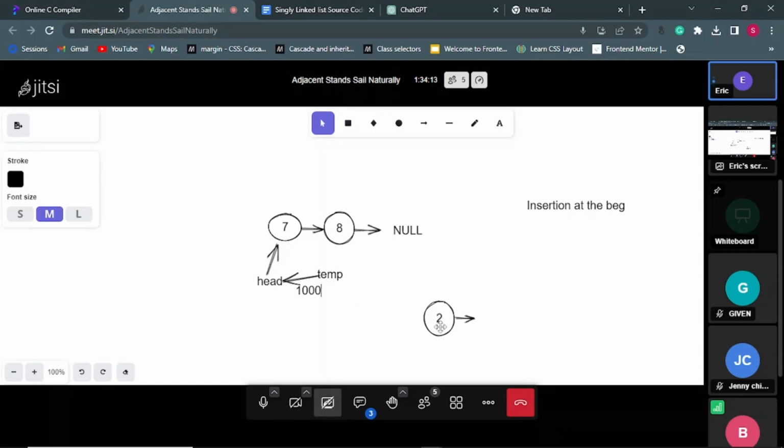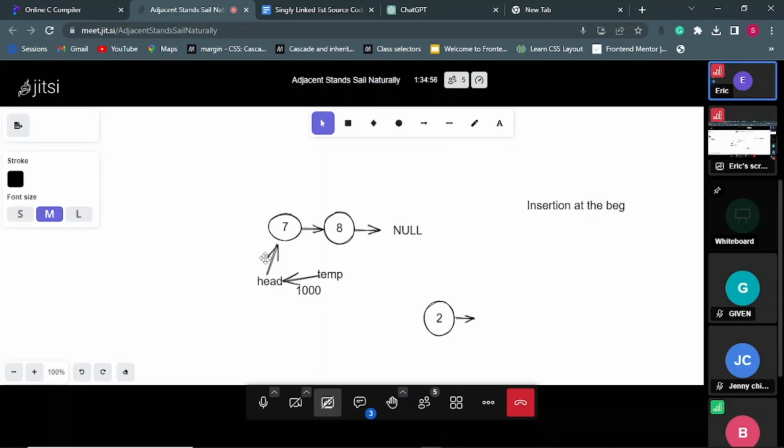So now for me to bring this new node at the beginning of a linked list, the thing you have to note here is, if I want to insert this node at the beginning, I have to update my temp first. That is, my temp has to hold